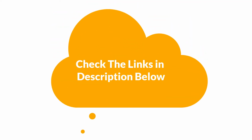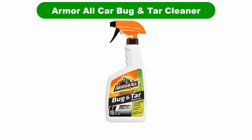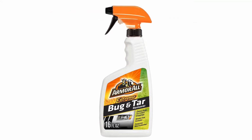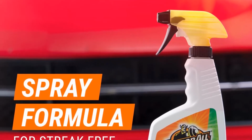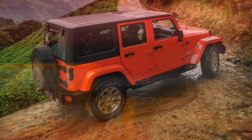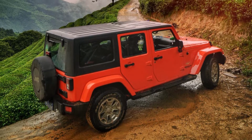So, let's get started. Number 1. Our overall best pick for the money is Armor All Car Bug and Tar Cleaner. The Armor All brand has been around for several epochs. This extension of the brand removes bugs, tar, and bird droppings from the paintwork of your pride and joy. In a fit of practicality, it is also said to work on glass, just don't forget to give it a